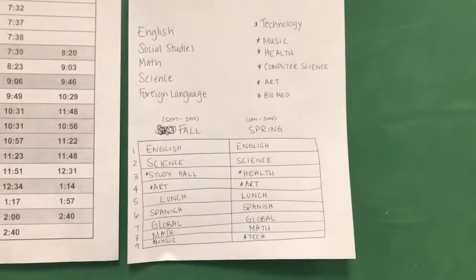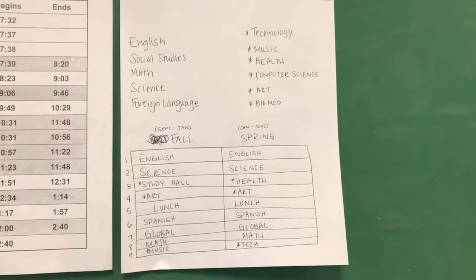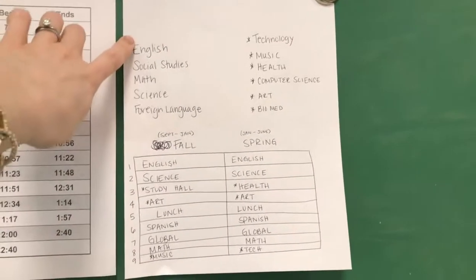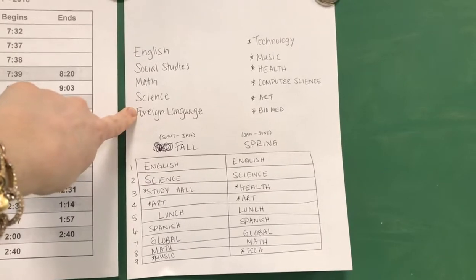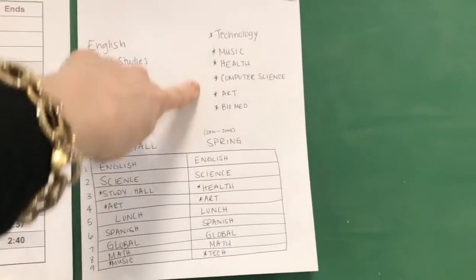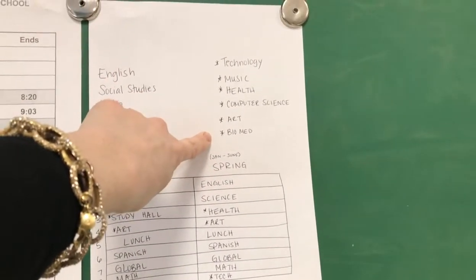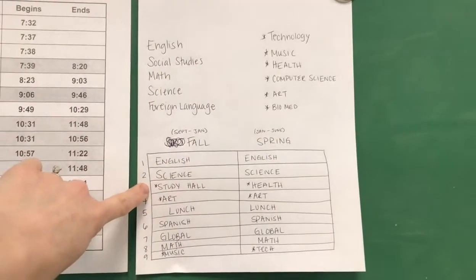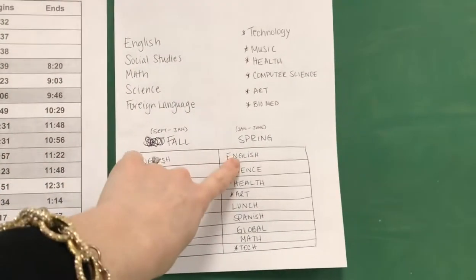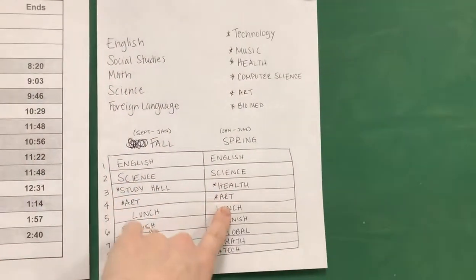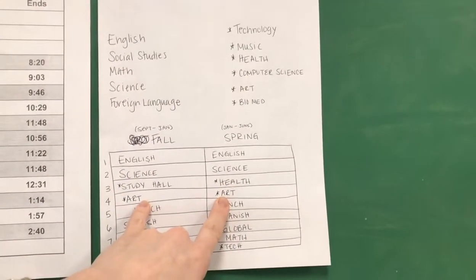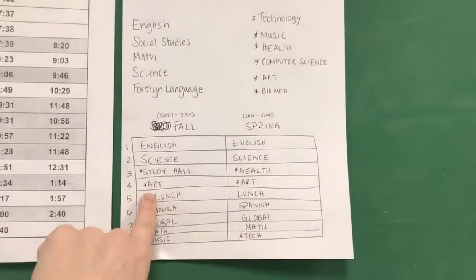Now, what classes students take is very different. So these are called core classes, or classes that students have to take according to New York State law. And then these are extracurricular activities or extra classes. And so this is what a schedule would look like. So your core classes are going to be all year round, while some of these classes might be a half year. Some art classes and technology classes are a full year.